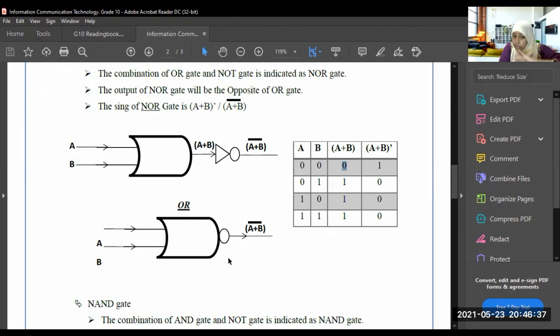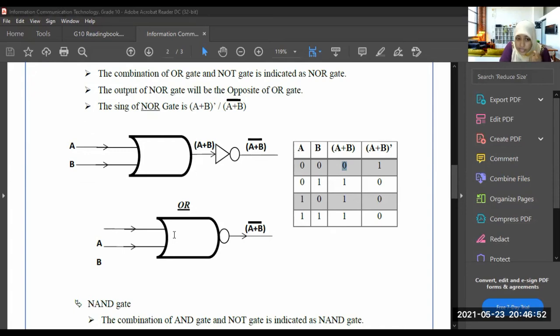If it is drawn like this, you should understand this round is there, no? So first of all, what you should do here, you should identify what is the symbol of this gate. This gate symbol is plus, no? So here A plus B, that means A or B. But there is a NOT here, no? There is a NOT. So what is the meaning of NOT? It means the bar. Now understood the combinational gate of NOR?